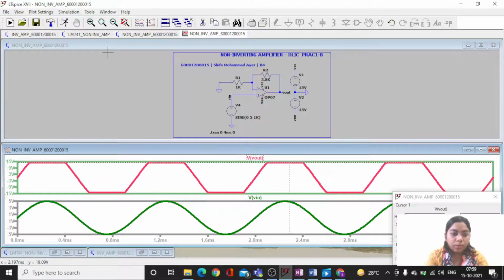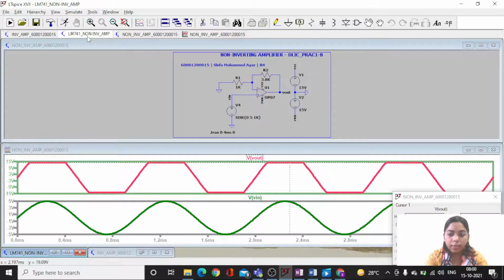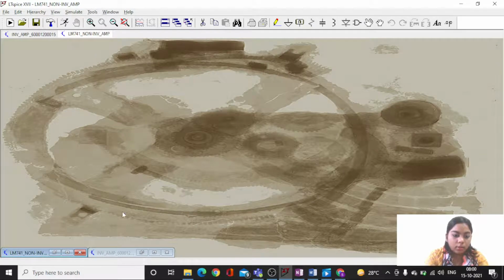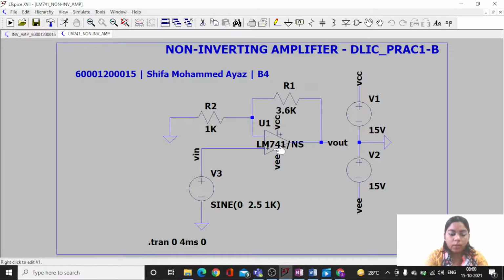I have shown you this for TL084 for an inverting configuration. I'll show you this same for the LM741, the non-inverting. So let's close this circuit now, and here is my LM741. This is another op amp. I've designed this